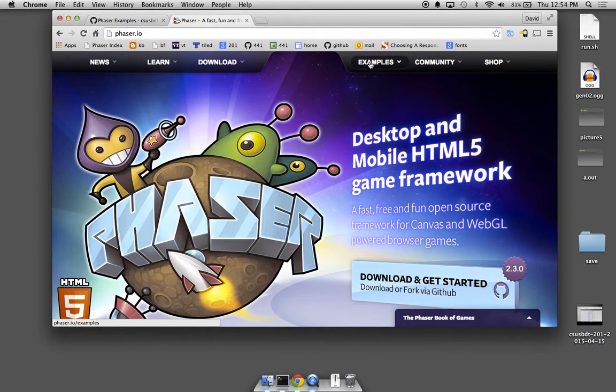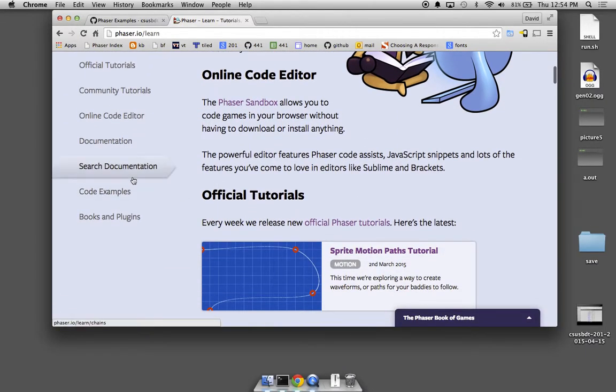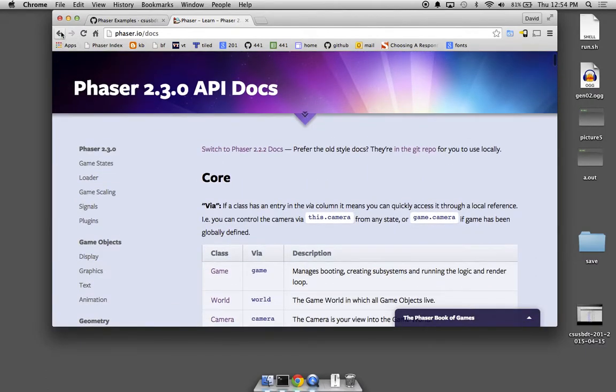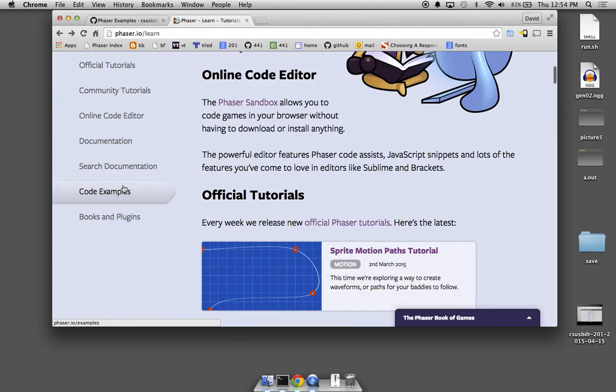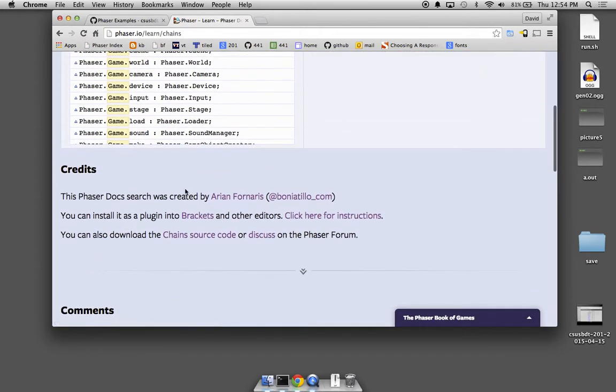So there's this examples tab, and then where's the documentation? Oh, if you go under Learn. Oh, it's in Learn. Yeah, and then if you scroll down, there's documentation and search documentation. Yeah, there it is. I like using search documentation because you can start typing in something, and then it pulls up a list of everything that collates with what you're looking for. That's what I should have done instead of Google. So if you use search documentation, you can type in game.input, and see if you can find mouse pointers and stuff